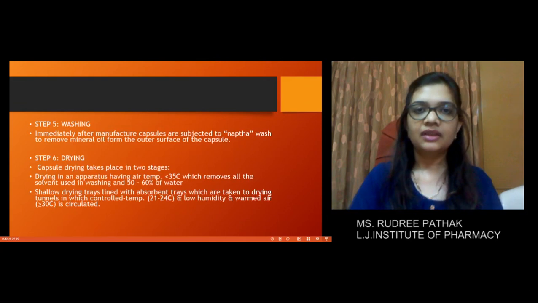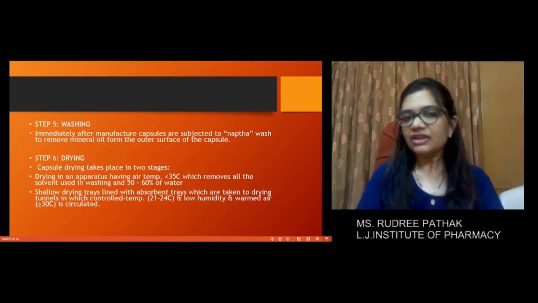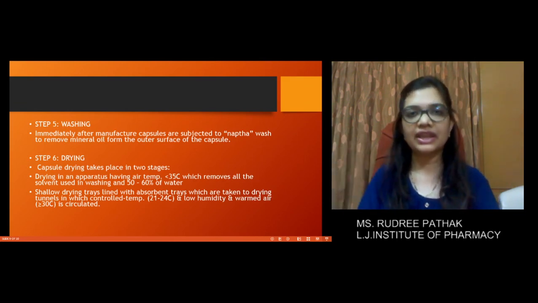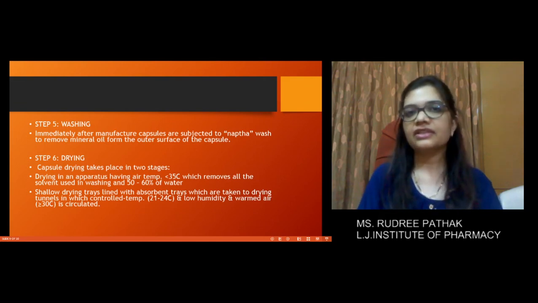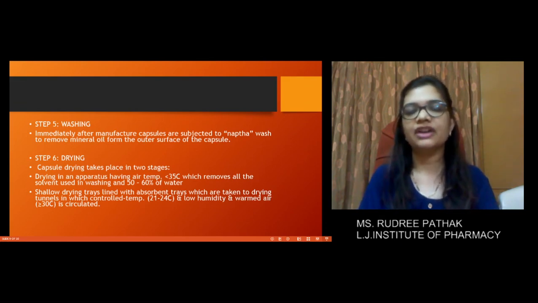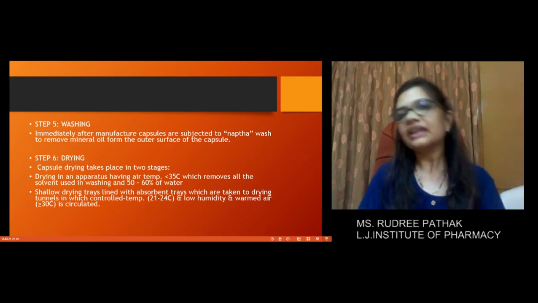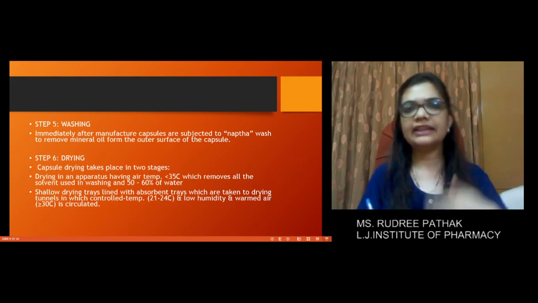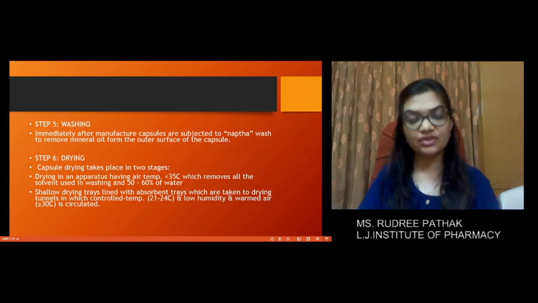solvent. Now, as we talked about, the product which is manufactured in the rotary die process will go to the naphtha wash area to remove any kind of excess solvents or lubricating agents which were used in the rotary die process to smoothen up the function. And then in the later stages, the excess of solvents, especially water, will be removed in two stages. Initially it will be a normal drying technique and then it will be drying in trays.